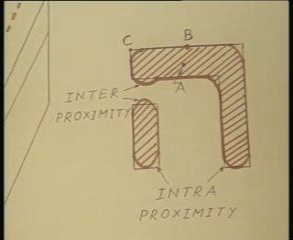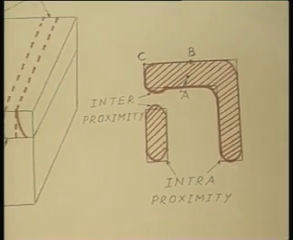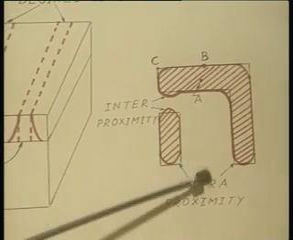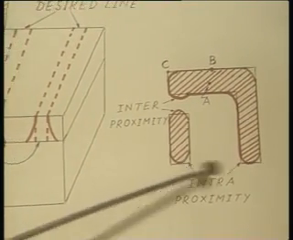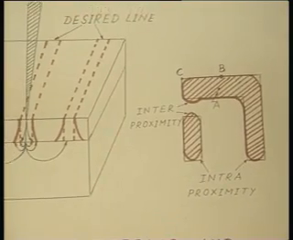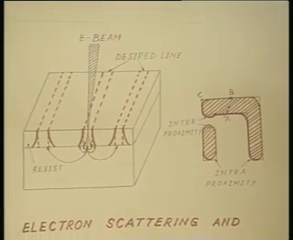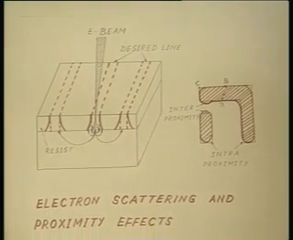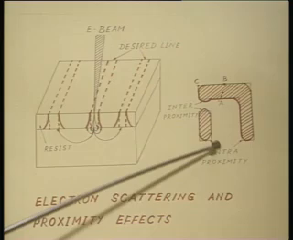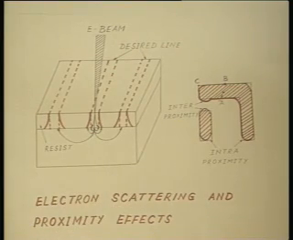This is called the intra-proximity effect. The intra-proximity effect can be seen at these corners also. Basically, the intra-proximity effect means that because of insufficient radiation, the corners do not get fully developed. On the other hand,